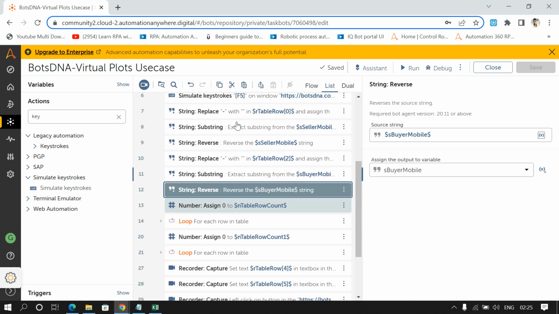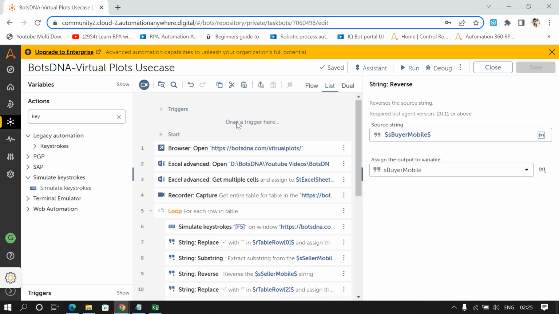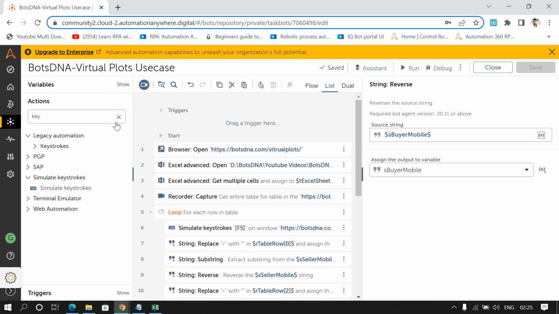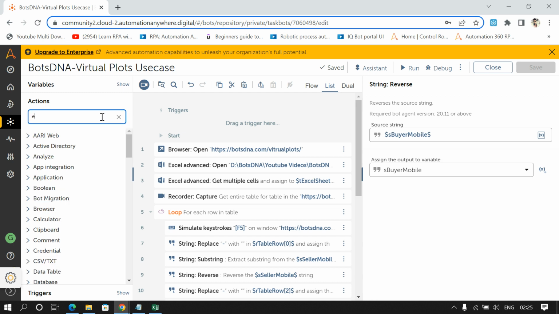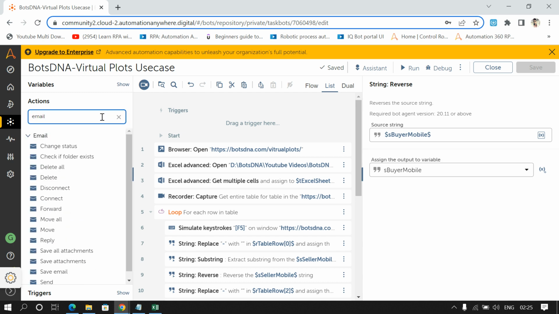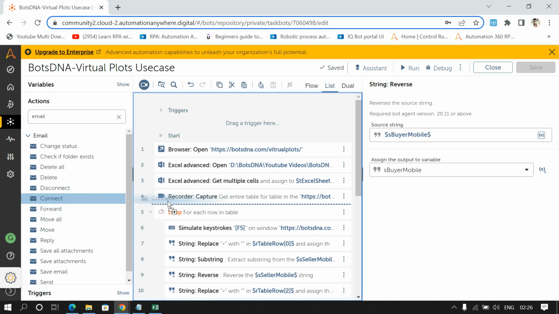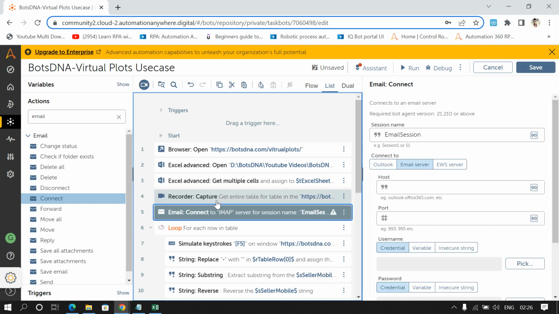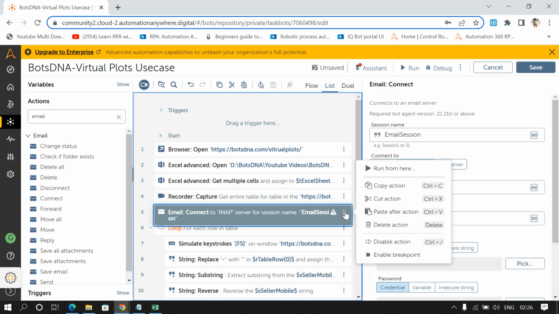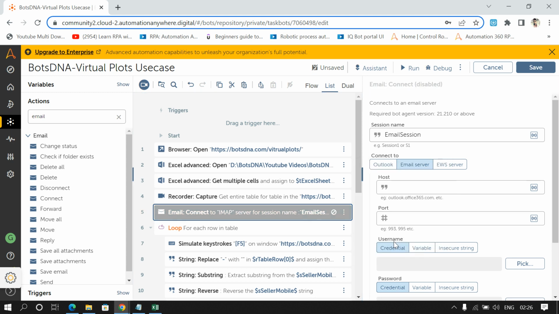So first from email package, we have to drag and drop connect command, or we can wait. We'll see this later. First we'll see the email part,